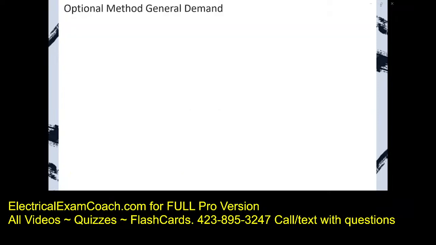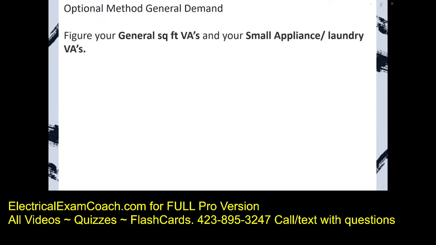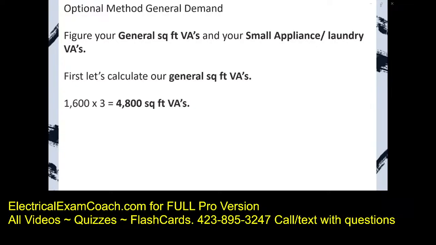Step 1 with any load calculation, whether standard or optional, is to get our general lighting demand. We're going to do our square foot VAs just like we did before. We take our square foot. Let's imagine we have a 1,600 square foot house. We multiply that by 3 VAs per square foot. That gives us 4,800. Now we need to tack on our 4,500 for our 2 small appliance and 1 laundry,